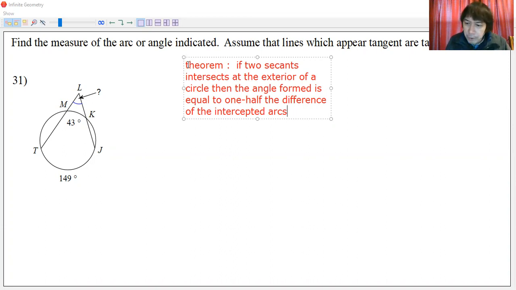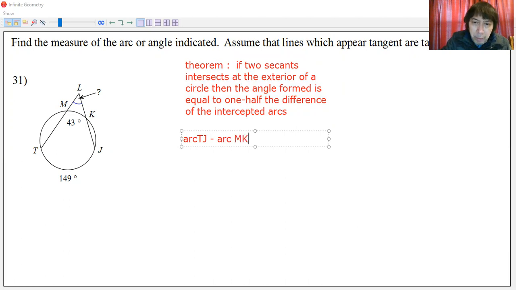Let's put this first at the clipboard. This will be our theorem, and we have arc TJ minus the arc MK, divided by 2 is equal to